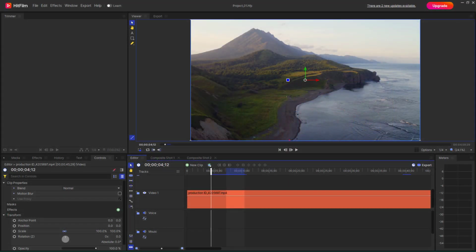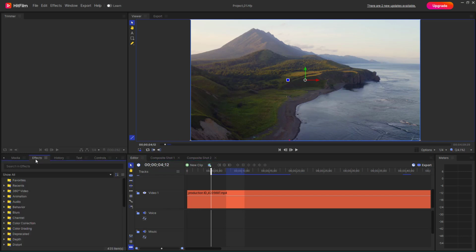So now let's see how we can work around with the blur effect inside of HitFilm. Over here you can see that I have a clip, and in order to add a blur effect I need to go under the effects tab. Once I'm over here, I can expand the blur section, and you can see that the third effect is the blur effect. So I'm just going to click and drag this blur effect